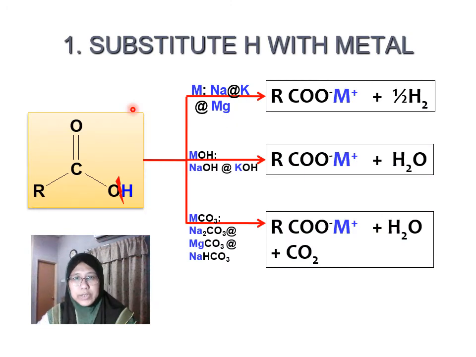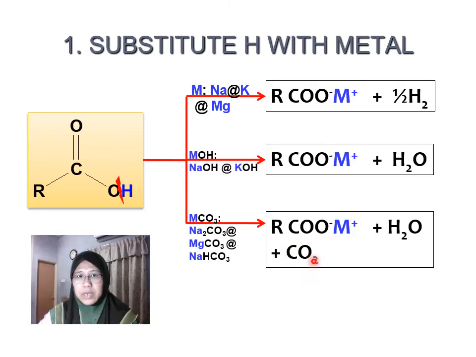As I've told you in the lecture, this goes in your mind map at the top right where there are three boxes. You have to fill in with sodium, potassium, or magnesium. This is pure metal we are using to react with carboxylic acid, and we're going to get a carboxylate salt. The second box is for a base, sodium hydroxide or potassium hydroxide. We're also going to form carboxylate salt. And the third one is for the metal carbonate, which also is going to be producing carboxylate salt together with